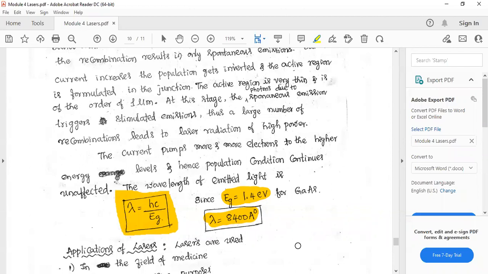Therefore red lasers are very common, right? You might have seen red lasers in key bunches also. They are all semiconducting lasers. I have already said the dimension of these semiconducting lasers is very small. Therefore, they can be used in key bunches also. That's it. I will stop here.